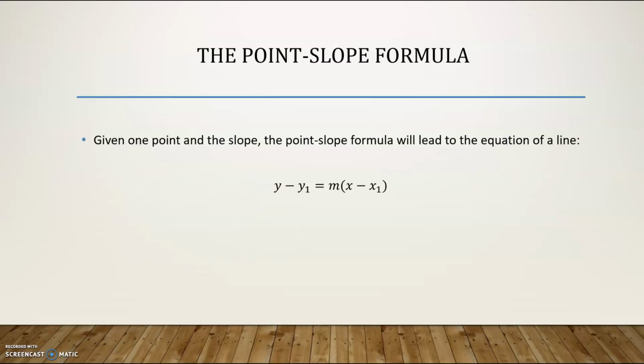Now let's look at something called the point-slope formula. So if you're given a point and a slope, the point-slope formula will lead to an equation of a line. So that is y minus y sub 1 is equal to m times x minus x sub 1. Now you will enter values for this term here, here,